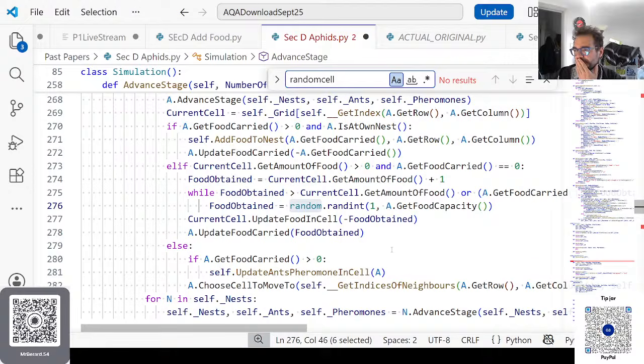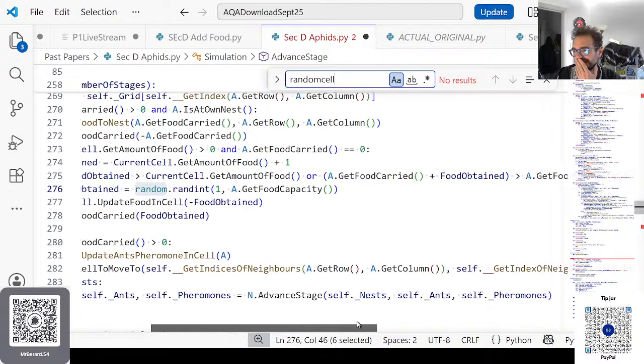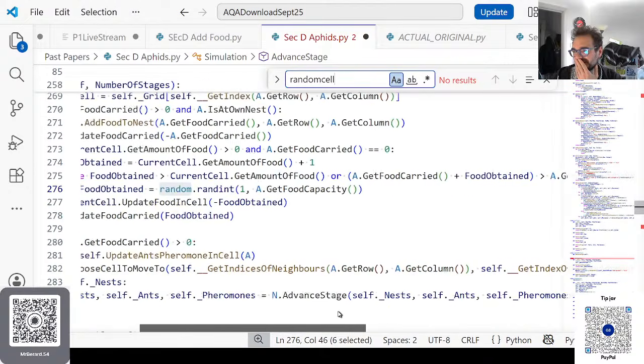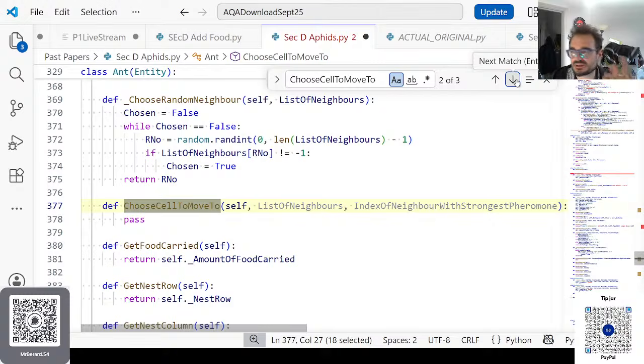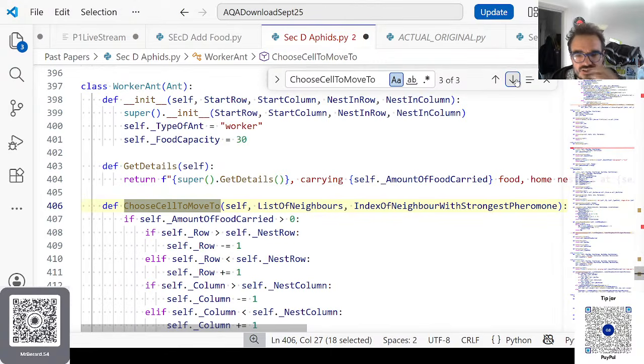Ooh, okay, yeah, I can't do that. I can't really do that. I'm messed up here because choose cell to move to belongs to the ant class. The problem is, because of encapsulation, our entity classes don't know how big the simulation is, so they don't know where the edges of the simulation are. And that's quite problematic because